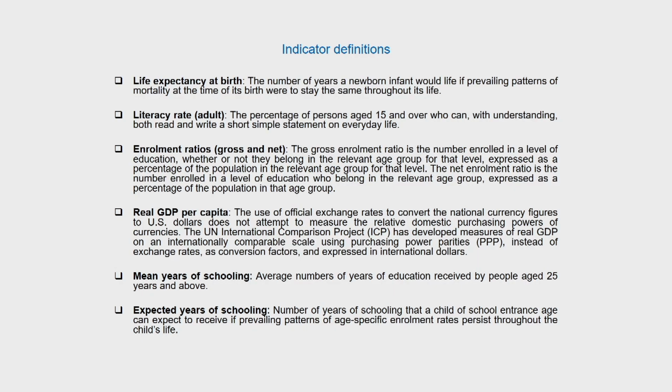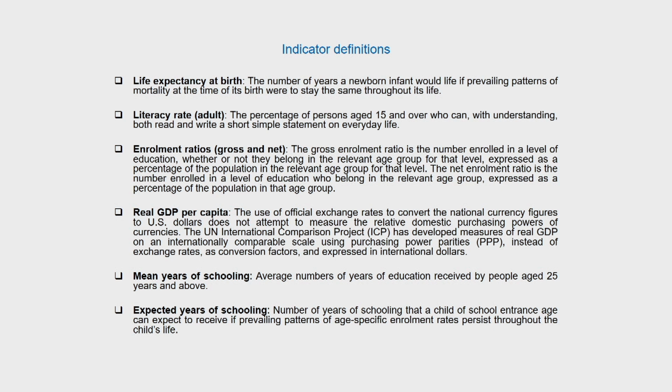For example, in India, the literacy rate counts the number of people above the age of 7 who can read and write with some understanding in any Indian language, compared to the percentage of persons aged 15 and above who can with some understanding read and write a short simple statement on everyday life. That tells us their capability of being able to participate in the everyday economic, social or political decisions that they are making on an everyday basis. Enrollment ratio has two concepts, the gross enrollment ratio and the net enrollment ratio.